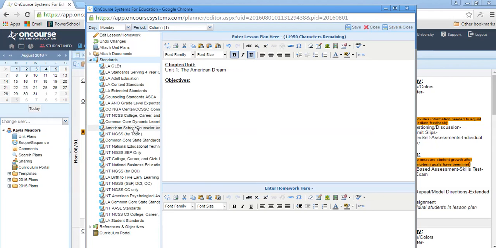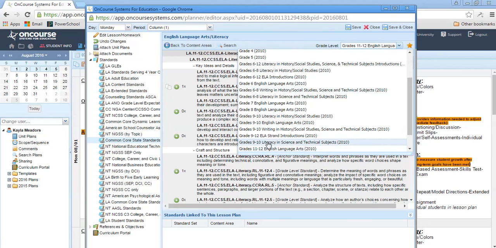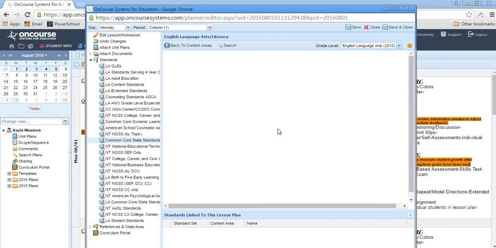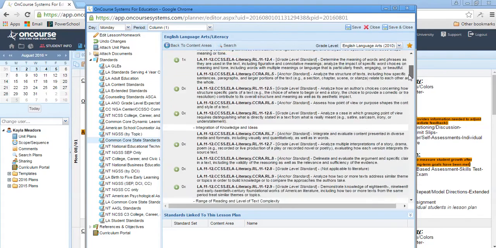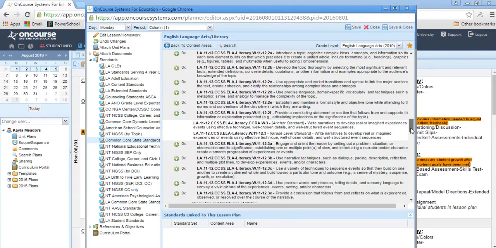I'm not really sure of the other ones. I know for sure we use GLEs and Common Core state standards. So I'm English, I'm using Common Core state standards. For English Language Arts, I'm teaching 11th grade, so here we have all the way up through kindergarten. I also teach 9th grade. It would be 9th grade English Language Arts, but what I'm working with now is 11th through 12th English Language Arts. And what I'll do here is, this is the list of the full standards for English 3